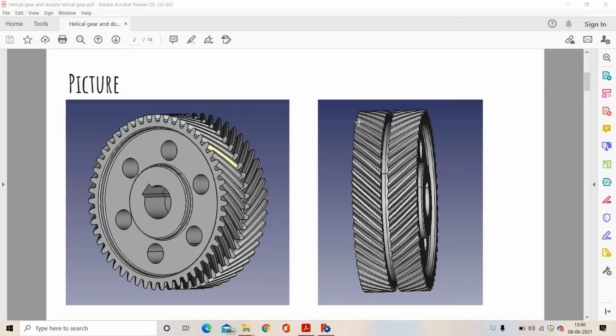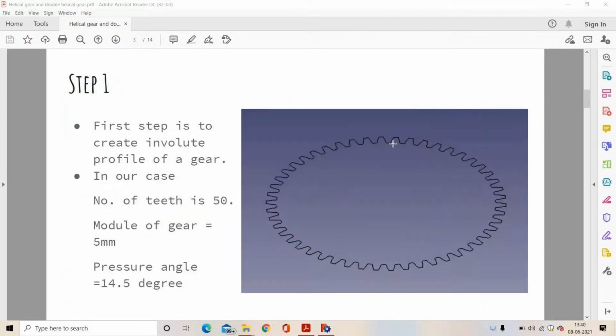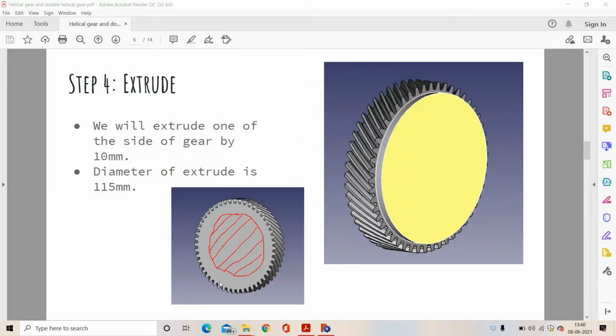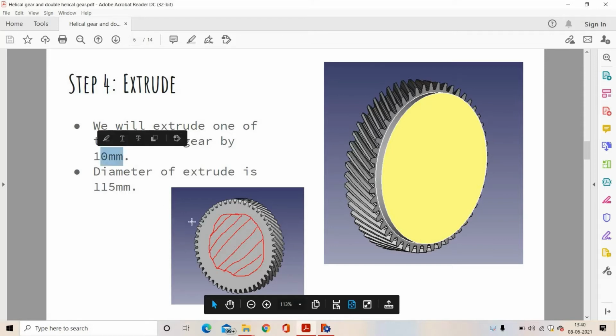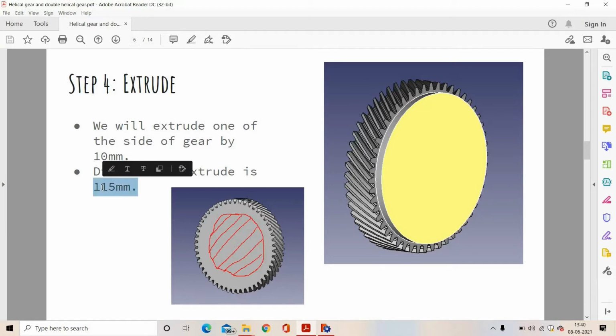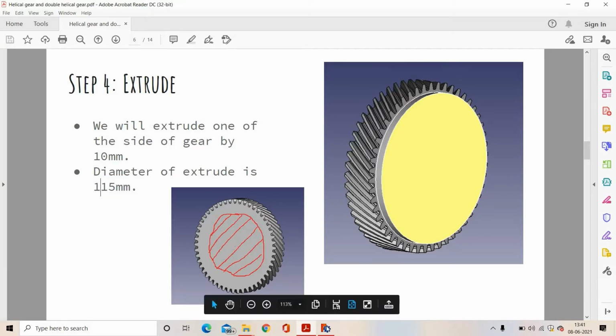Then it is known as a herringbone gear. So to create the gap between these two teeth, we will create this circle on one face and we will extrude it by 10 mm, and the diameter of this circle is 115 mm. Let's see how to do this.